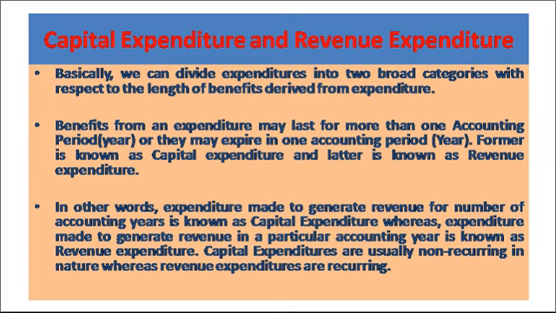Payment of salaries is a revenue expenditure. Like here, the division into capital expenditure and revenue expenditure is based on the length of benefits derived from the expenditure. If the benefit is derived for more than 1 year, we can say capital expenditure. If the benefit is derived for less than 1 year, we can say it is a revenue expenditure. All capital expenditure nature items should be presented in the balance sheet. Revenue expenditure nature items are recorded in the profit and loss account.